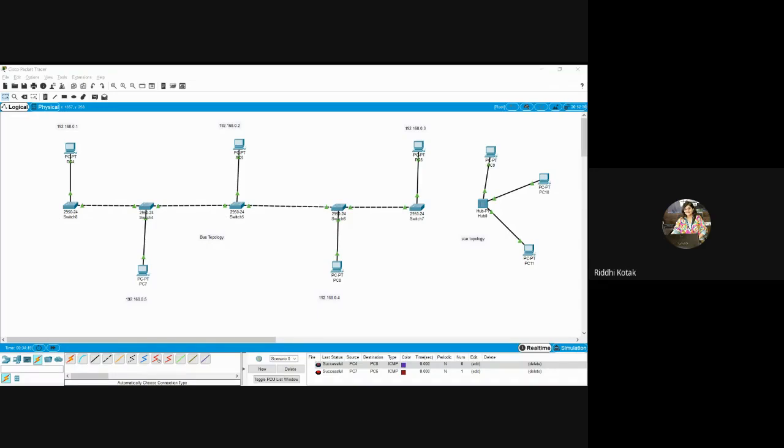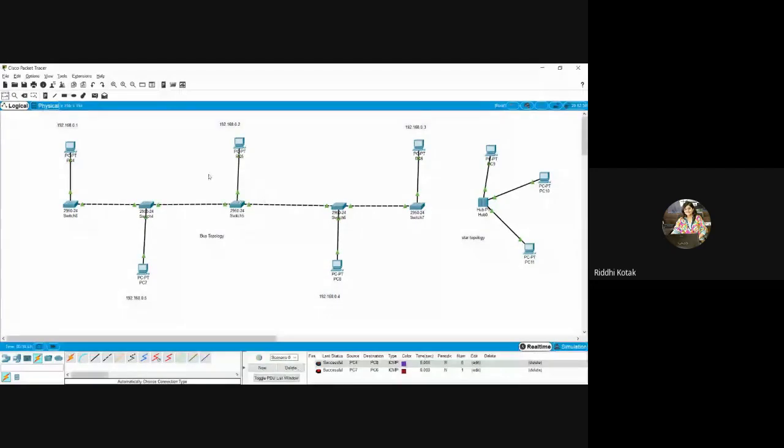Another concept we have learned: suppose you are connecting this bus topology with this star topology, so it is known as a hybrid topology. Right now we have combined bus topology with star topology. You can combine any topologies according to your requirement to create the network. That will be considered a hybrid topology.